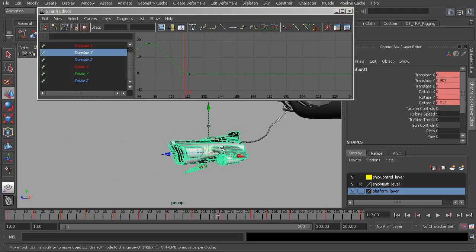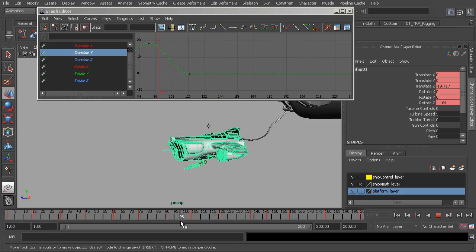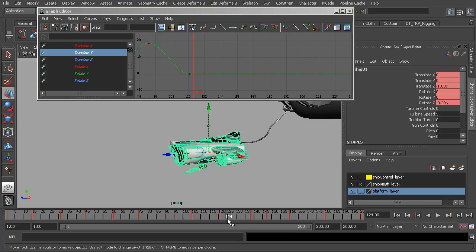What we'll do here is decide when we'd like the ship to fall as it separates from the fueling line. So I'd like that to happen around frame 1, let's say 150 or so, just so that the motion doesn't happen too fast where it looks snappy. We need to consider the ship's weight. But also would like to